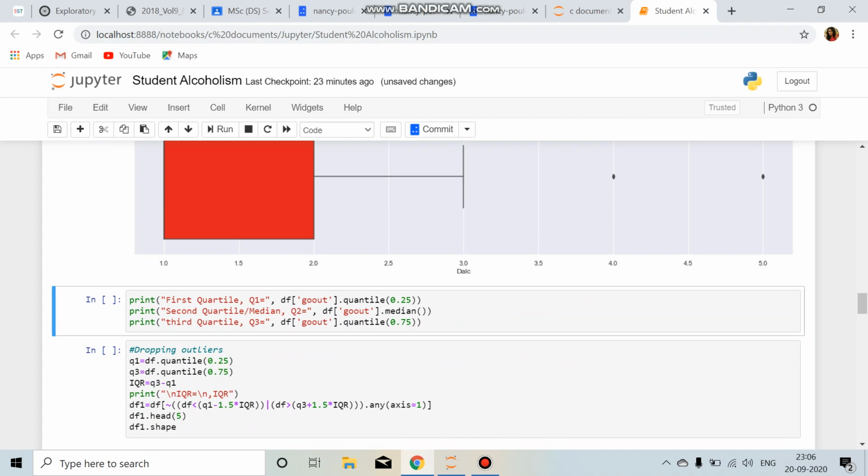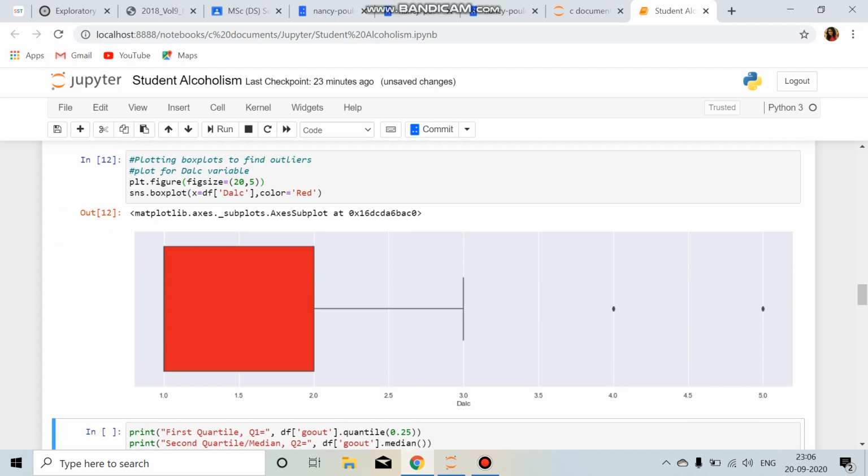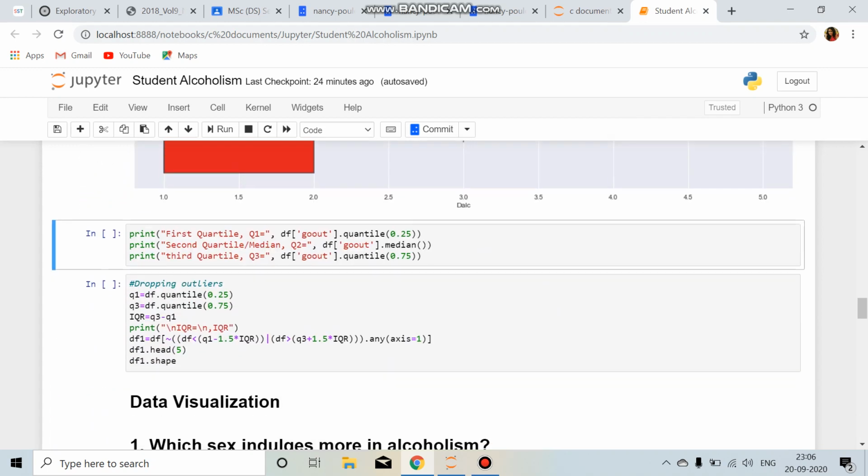So we see the box plot for daily alcohol consumption per week, so we find the DALC row and its box plot, and we see here the black dots are the outlier points, which are extreme points. Most of the points will be contained in this red box and near the whiskers, but the black points apart are the outliers.